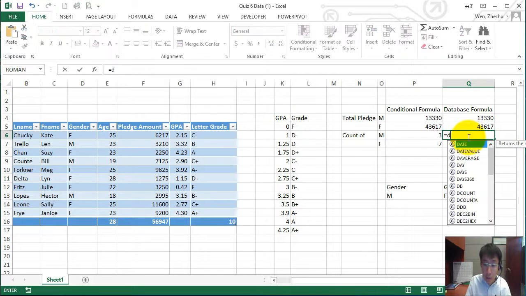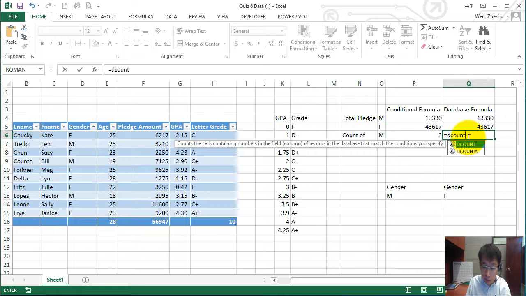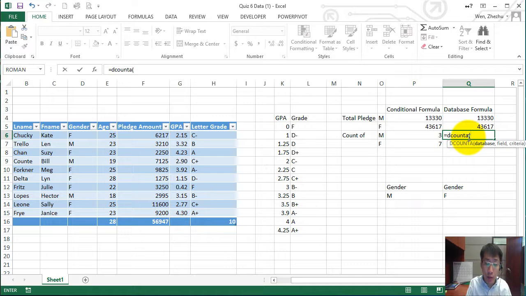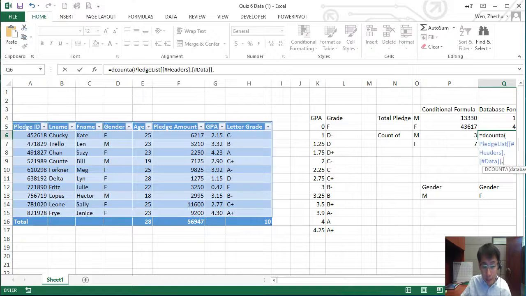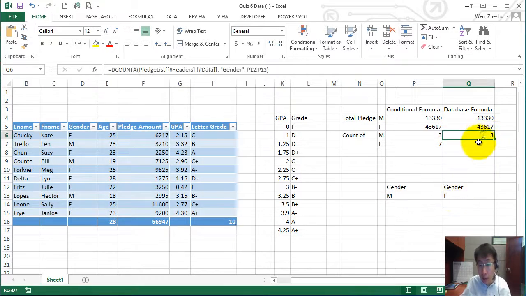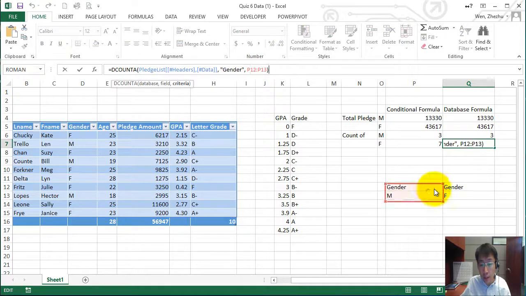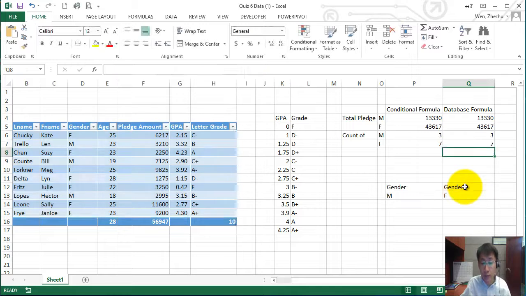We're going to use DCOUNTA, because DCOUNT is only going to count the number of numeric values. So here, entire database, basically the same range, and the field of interest. Let me see, it's gender, and the criteria is male. Okay, the same result, and I'm going to just drag it. Of course, we're going to adjust the range for the criteria, and it's going to give the same results